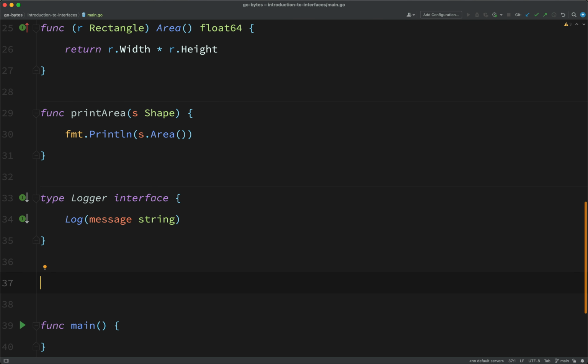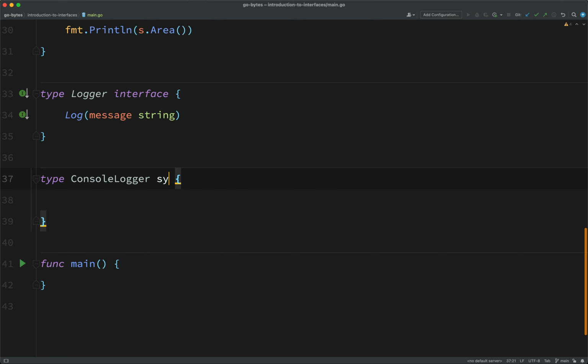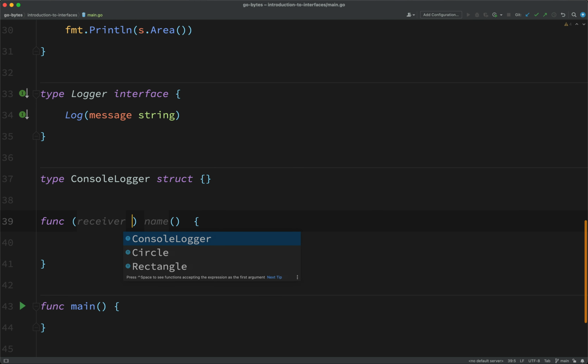Next, we want a console logger. So what type should I make this? I could make it different types, I think, but we're going to make this a struct, but it's not going to have any fields. So just to be clear, I could make this anything. I could make it a string if I really wanted to. You can make your implementations of interfaces all different types, but here I'm just going to use struct, because for my info logger I'm going to use a struct for that because I need a field. No fields needed for this one though,